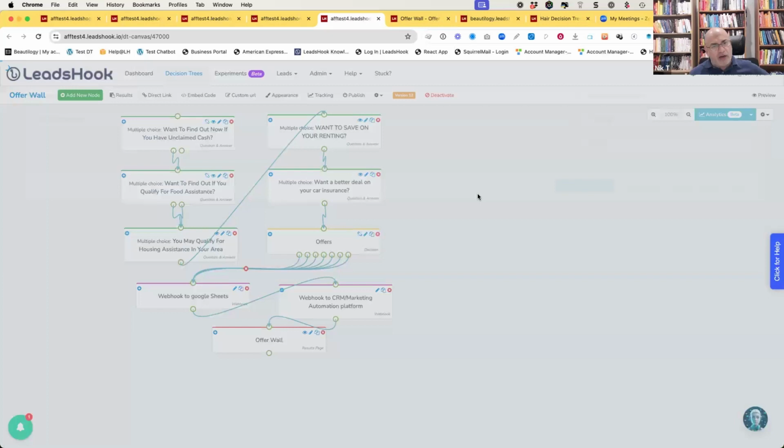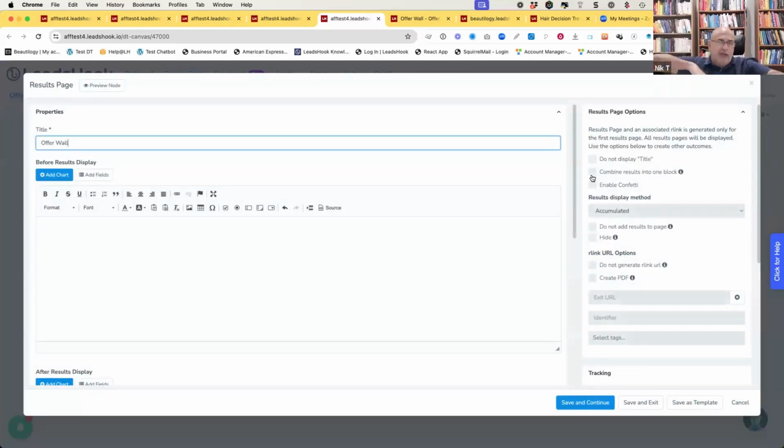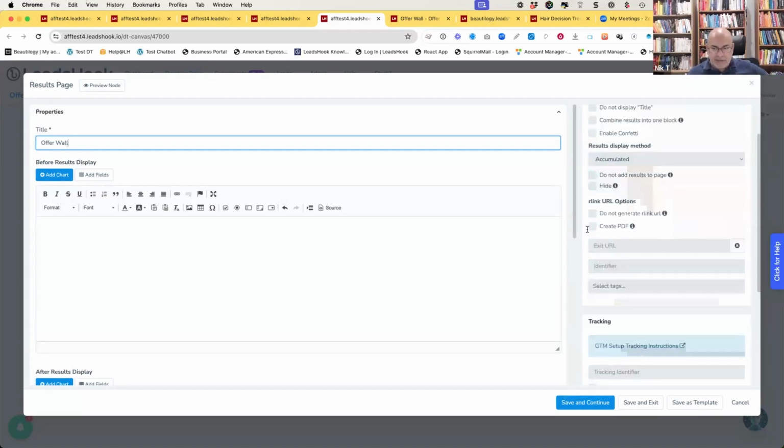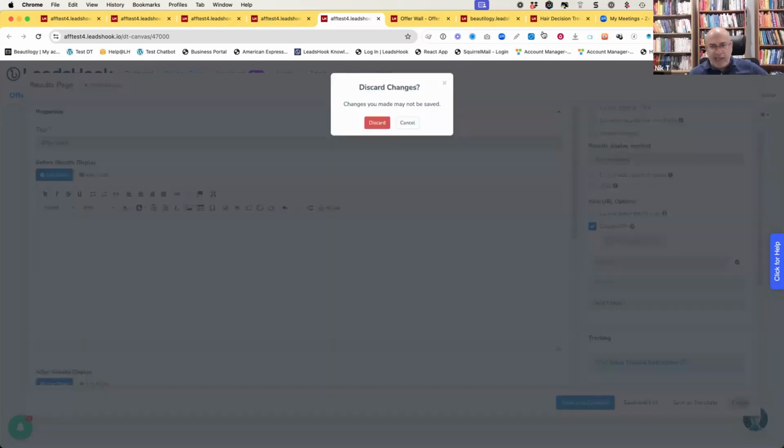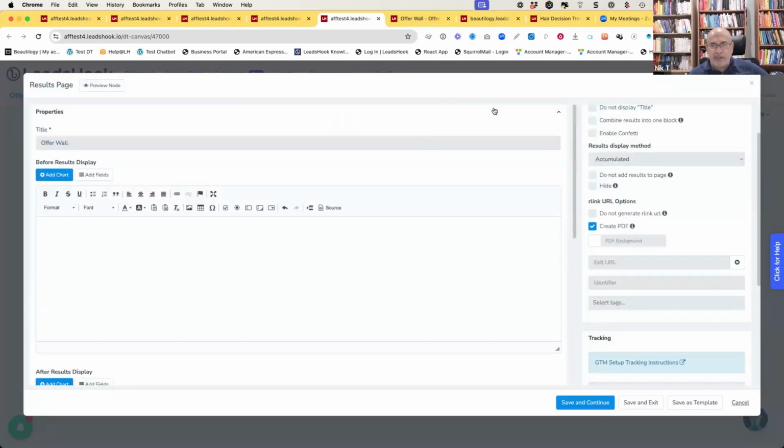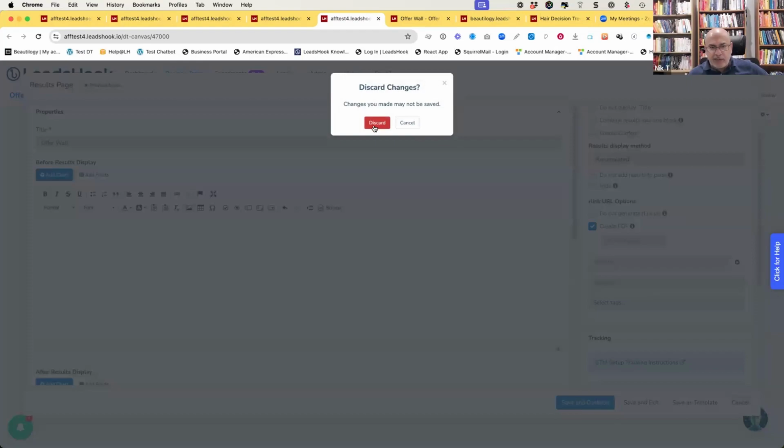And I don't think a lot of people know this. You can actually generate a real-time lead magnet that is all about you. That is a PDF. There you go. You press a little button there and it'll create a PDF of this page. So this page that you see here, I'm going to just discard this. This page here,